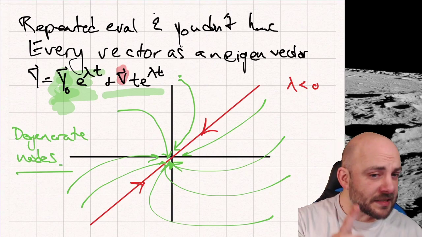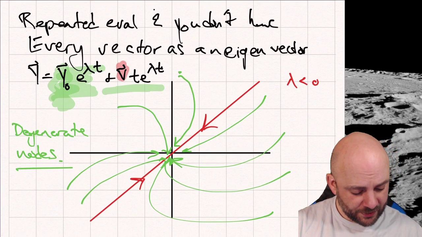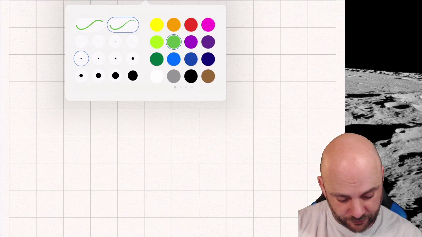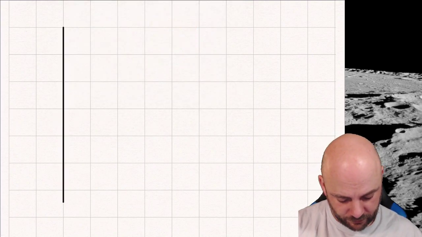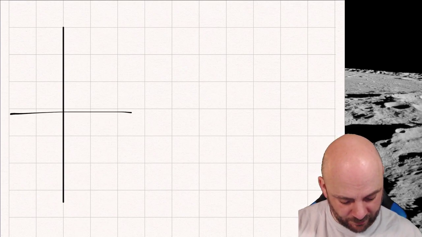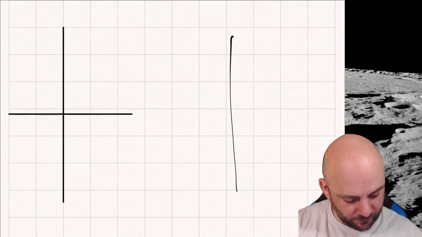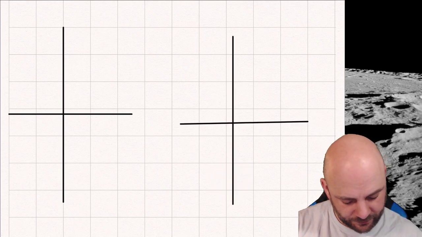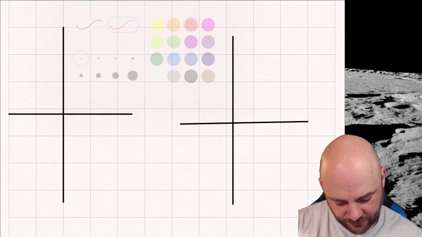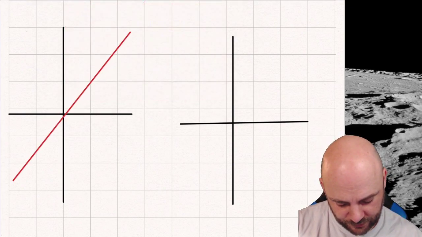And there's a reason I like to call them pinwheels. If we compare them to normal nodes, let's look at a normal nodal source versus a degenerate pinwheel source. This guy right here is going to have two separate